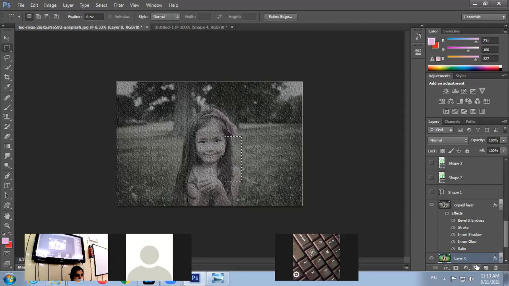Background layer, simply double click on that and that layer will be converted to a regular layer. Whenever you have to convert a background layer to a normal layer, double click on that and it will ask you to specify the name of that layer. So simply type the name and then click on OK. All the topics are clear. Tools, all the tools of Photoshop. So let's discuss the exercises now.